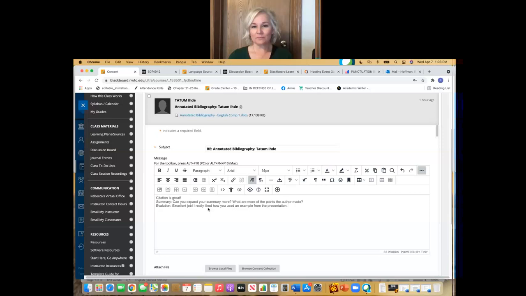Okay, so I really want you to take your time, go look at the annotation, and try to provide some feedback on at least those 3 parts. Now, I did show you kind of that example of what the paper should look like. So, maybe what I would do is go MLA formatting, review how to